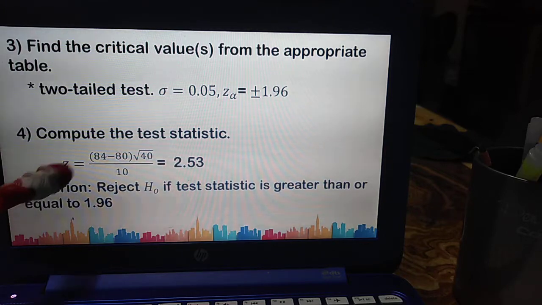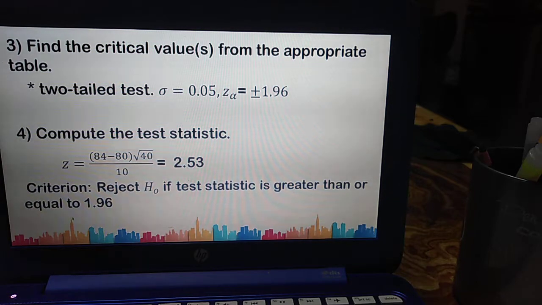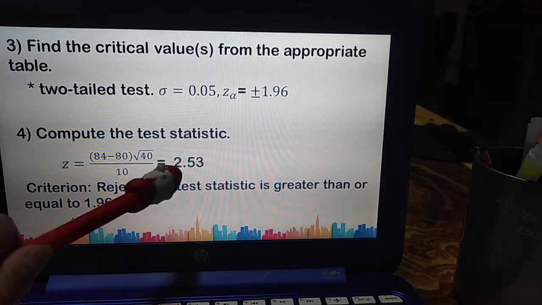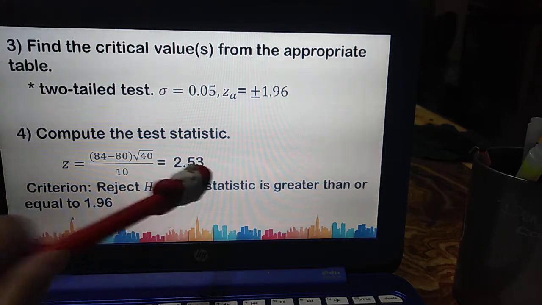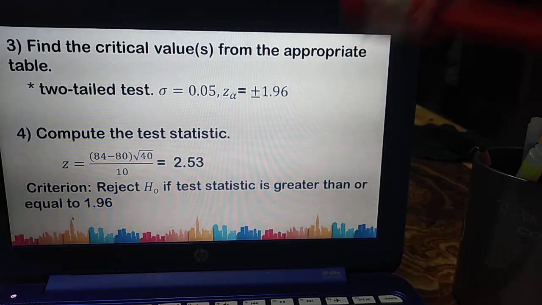The test statistic is the sample mean 84 minus the population mean 80, multiplied by the square root of 40, the number of data, all over the population standard deviation. We now get a z-score which is equivalent to 2.53. So we now compare 2.53